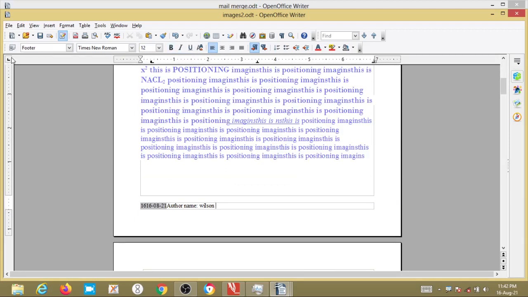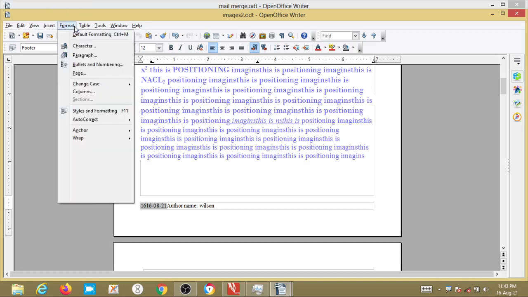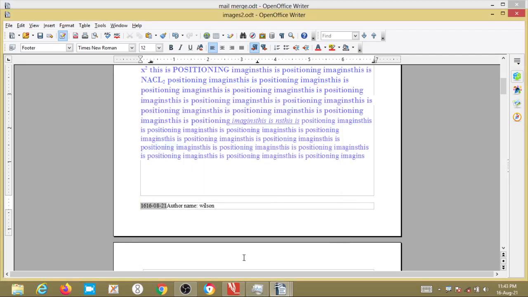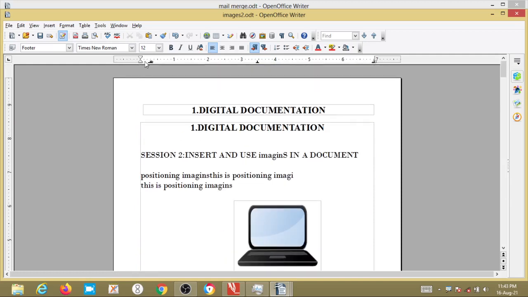Clear now? So using a paragraph dialog box, using the format menu, how can we do it? Go to Format, then go to Paragraph. In that Paragraph there is a Tabs option. Here it is left aligned, you can specify here, and there is a spacing also, how much space is there for left or right or centered or decimal. Whatever the space is there will also display here. You can select the desired space. Clear now? That is how we can set it using the ruler. Clear now? Okay.